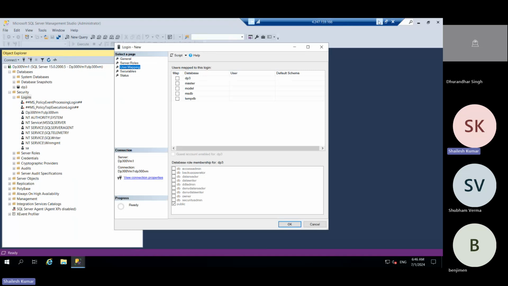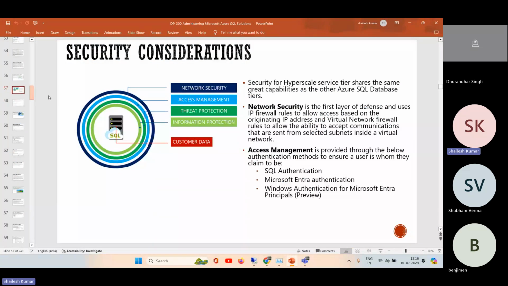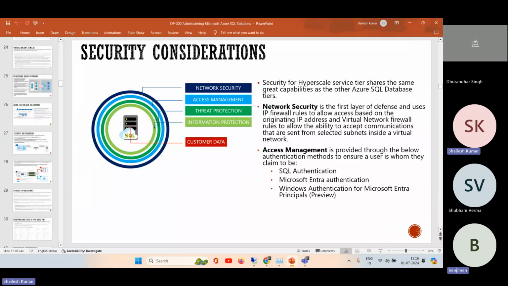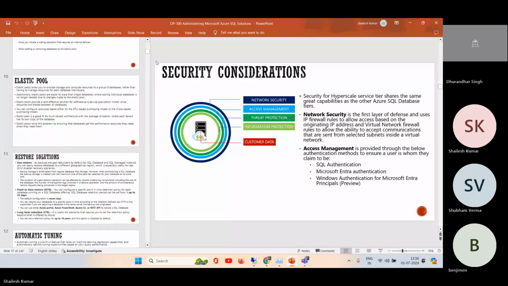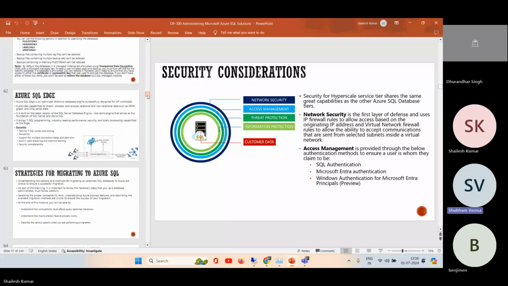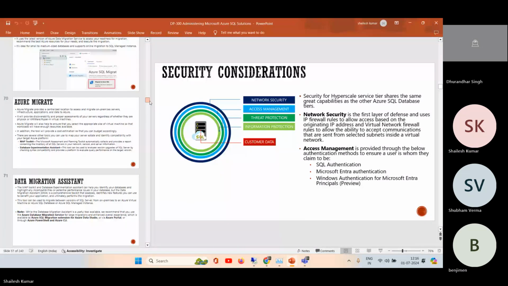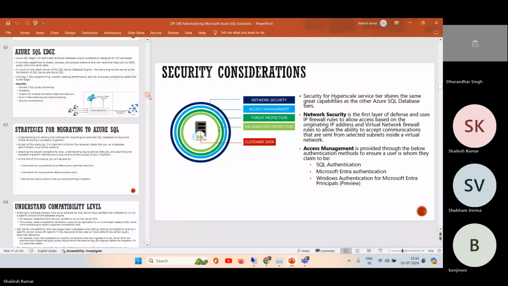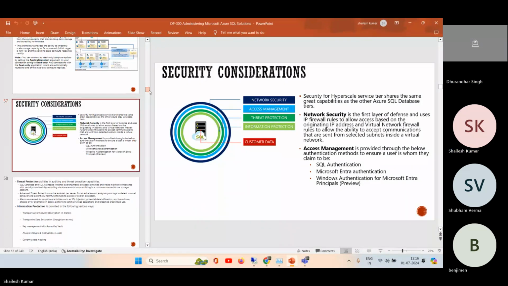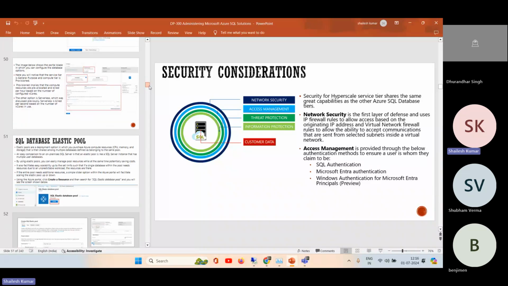Next part is for the authentication mode. Not migration. Start from the first, I think.